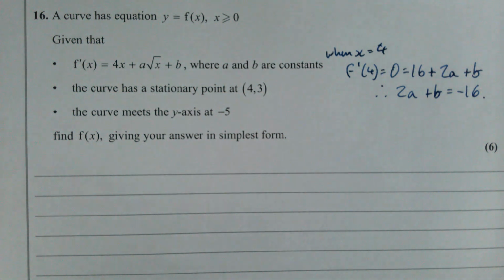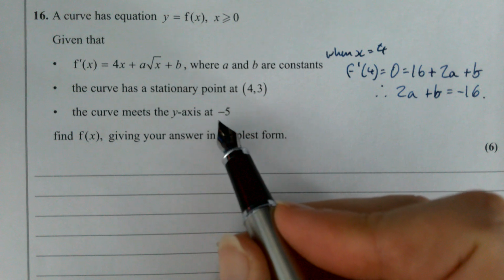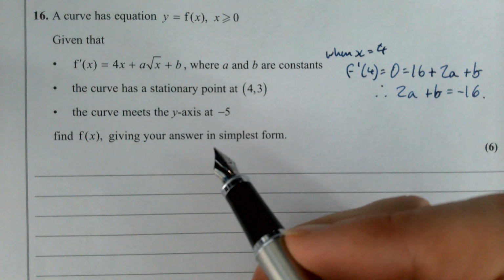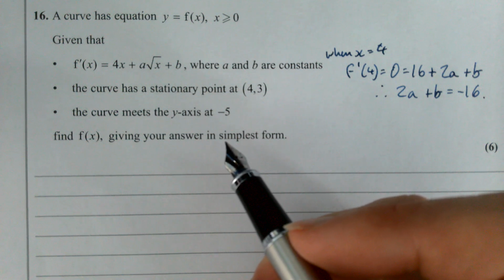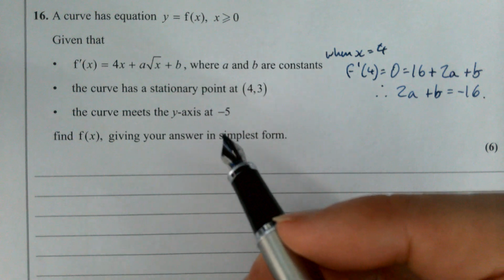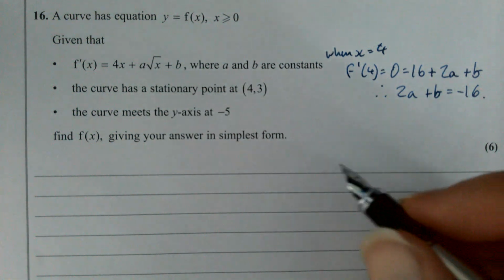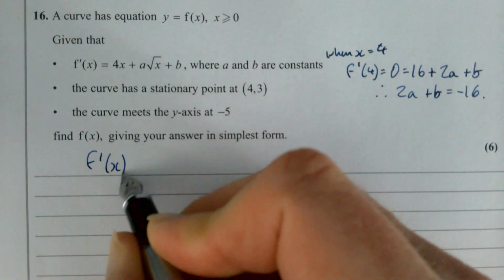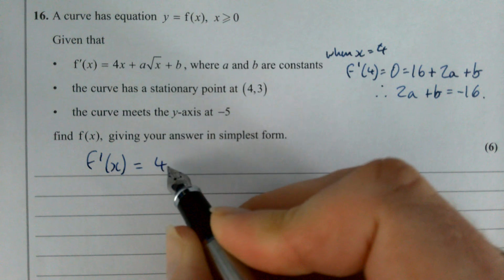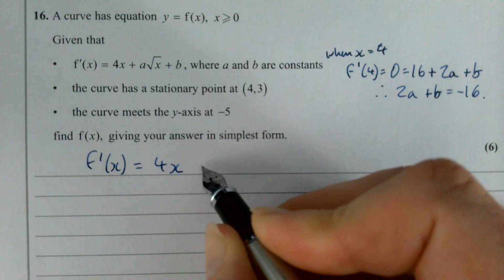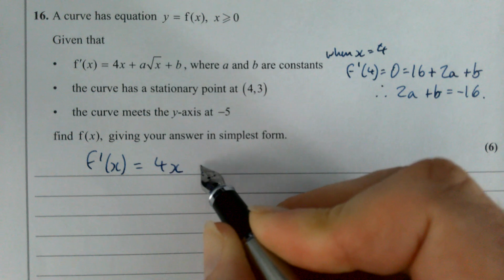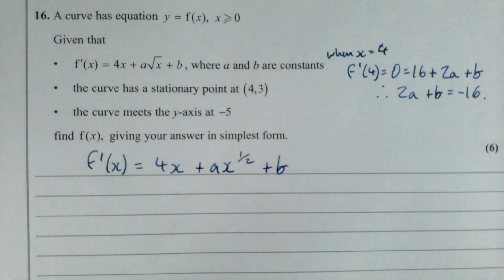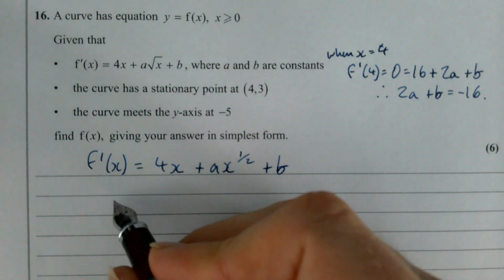Then the other bit of information we've got is that the curve meets the y-axis at negative 5. So the actual function has, when x is equal to 0, your y-intercept is going to be minus 5. So we need to integrate this first of all. So let's write this with all as powers of x rather than with the roots. So that'll be plus ax to the power a half plus b. And then if we integrate that, that's going to give us